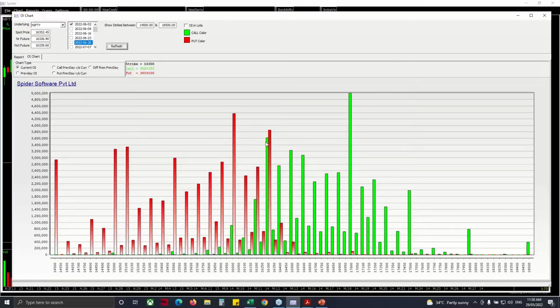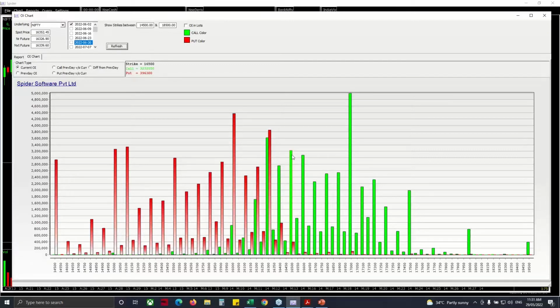share with my participants is that at 16,300, where there was massive call OI, a sudden rise in put open interest happened on Friday, which made the put call ratio go above 1 at the 16,300 strike price. If this open interest sustains on the put side and we see short covering on the call side, then our initial expectation will be of